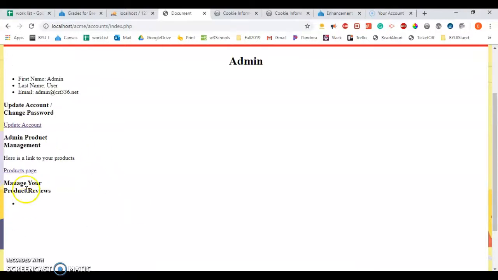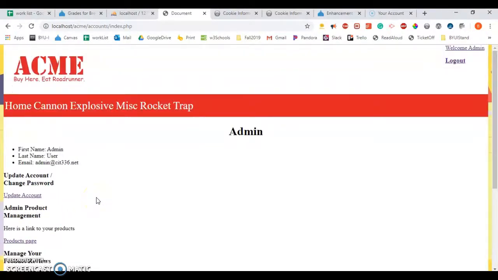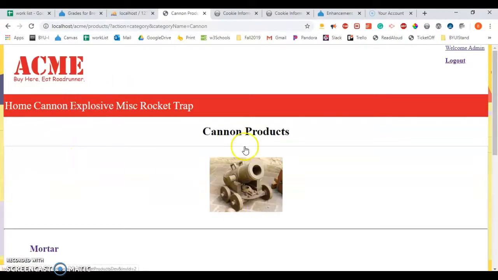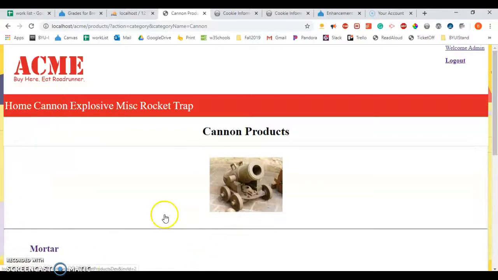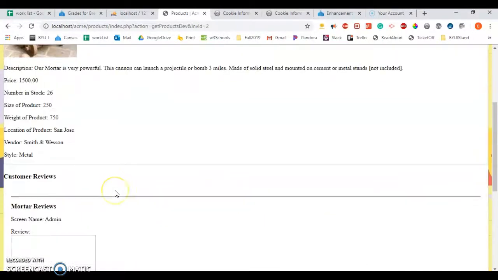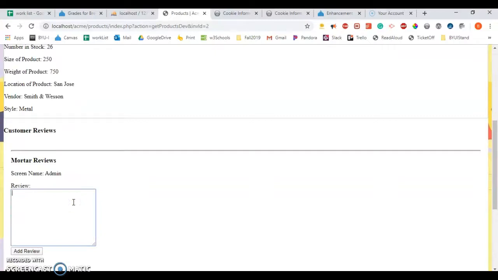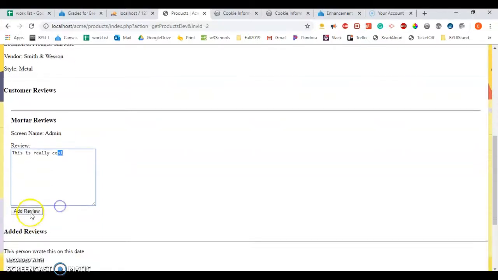My reviews, I have a section for them, but they will not call from the database. So we're having a few issues there, meaning it doesn't work. So no, I cannot update or delete a review yet, or will be able to. So there, and then I go to Canyon Products, and I can enter a review. This is really cool. And then add review,